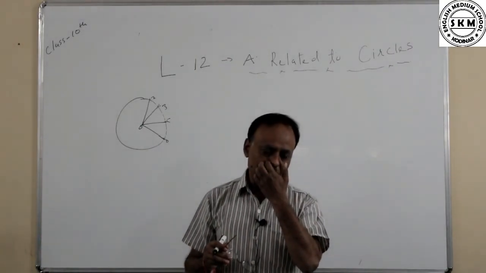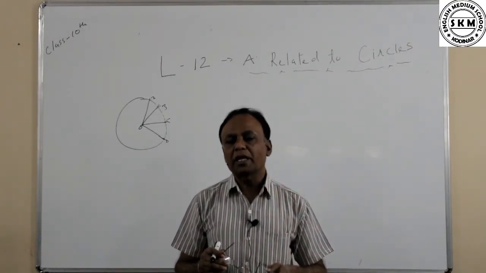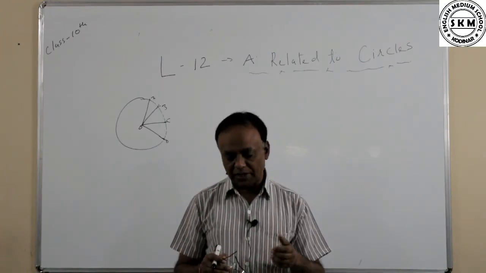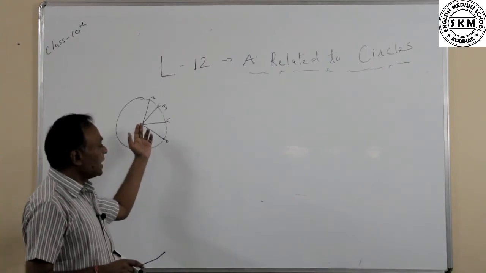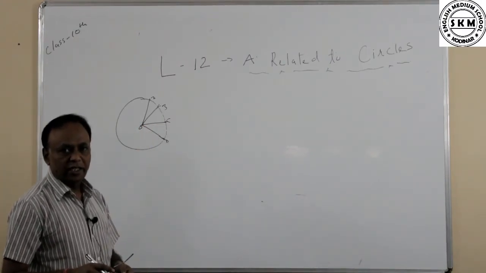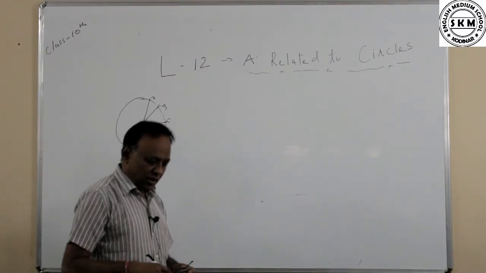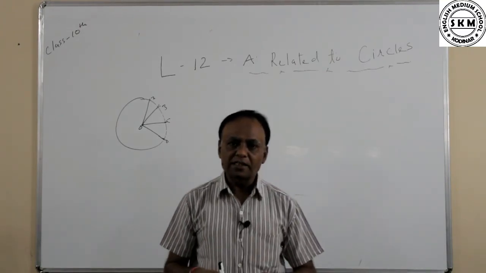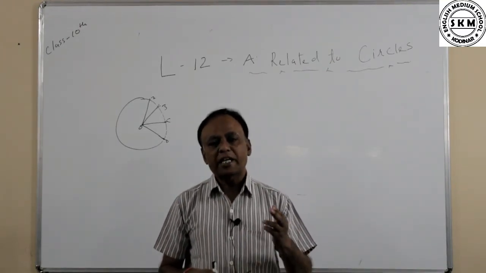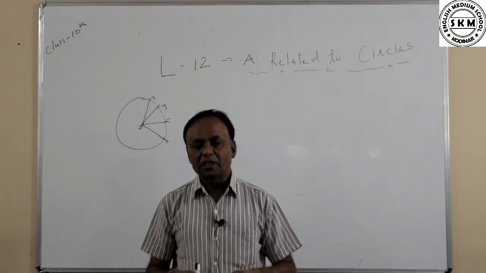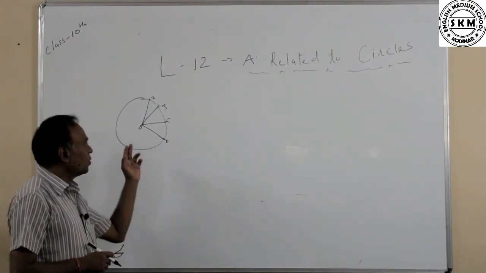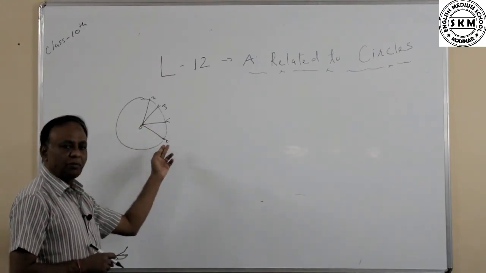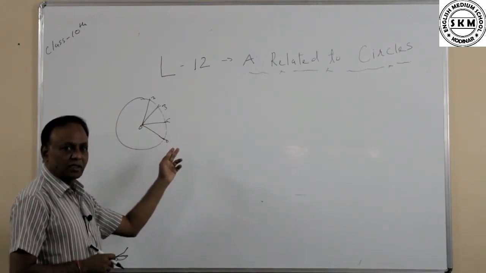Now from the figures you can easily remember the definition of the circle or the definition of the radius. It is a line segment. In smaller classes you learn about the line segment. A line segment has two end points. Now here, the definition of the radius: OA, OB, OC and OD from the figures, it is a radius.